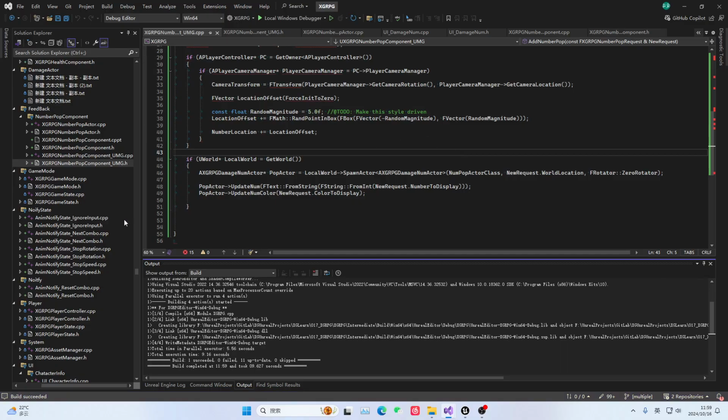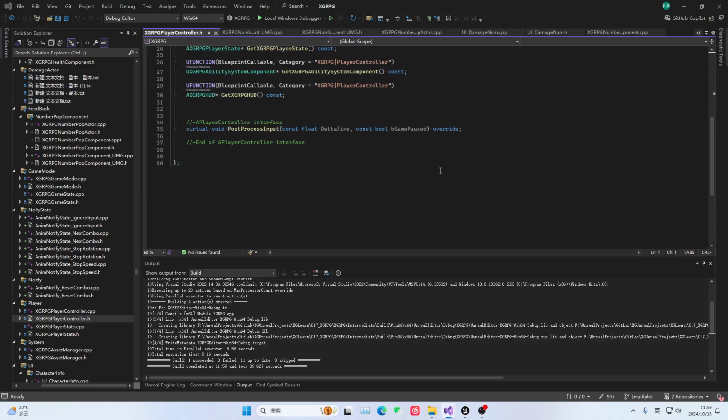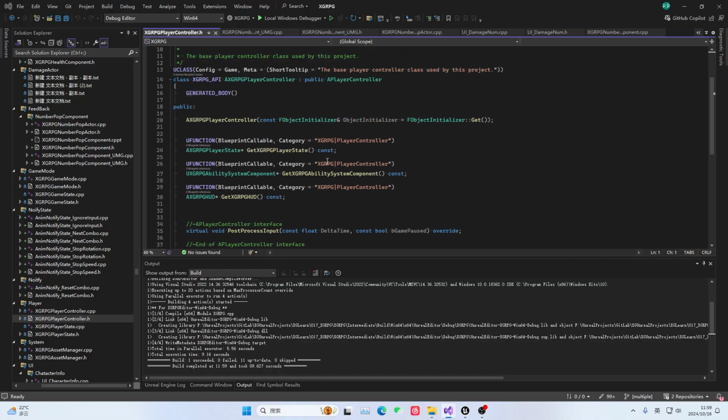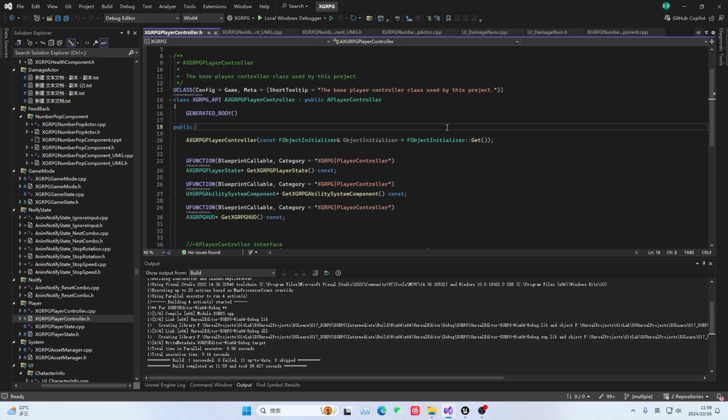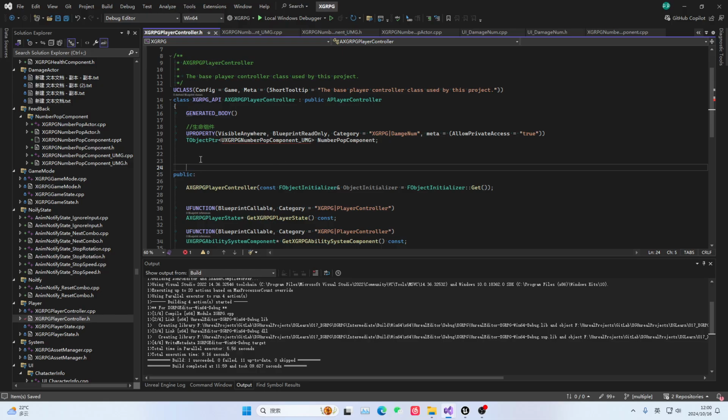Okay, so we have actually defined everything. Next, we need to go to our player controller to instantiate it. And you might think, why do you need to write 1, 2, 3, 4, 5, 6, 7 for such a simple function? So many classes and so many lines of code. As for this thing, let me explain it to you. It's a kind of trade-off in development and design, a way of thinking, because after you split it like this,